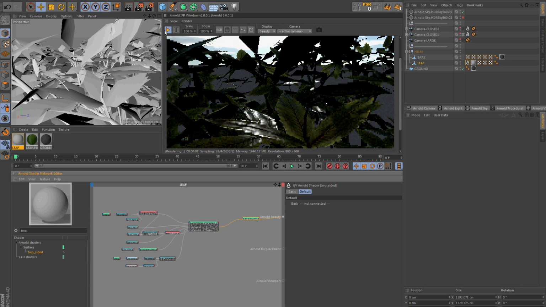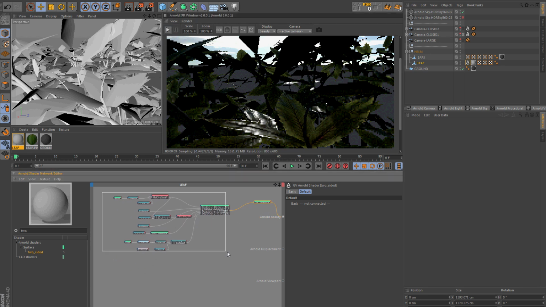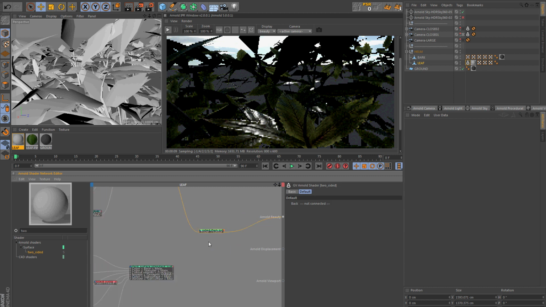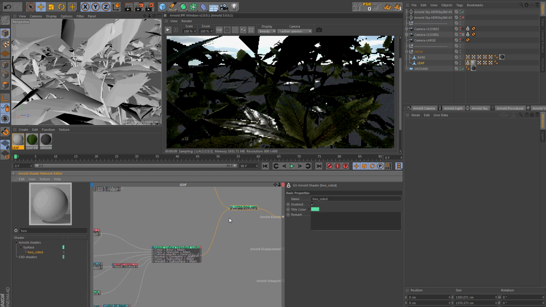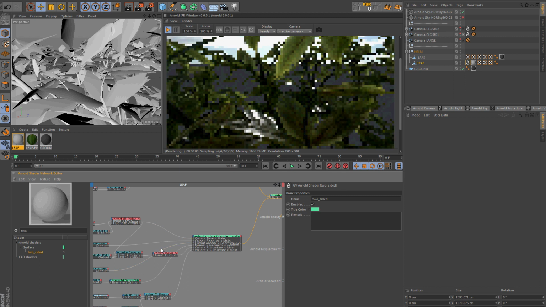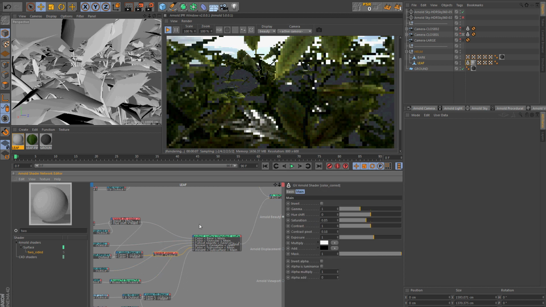This is because it's not connected, but if I duplicate my material and connect it to the back side, and render again, okay, I refine my basic material.